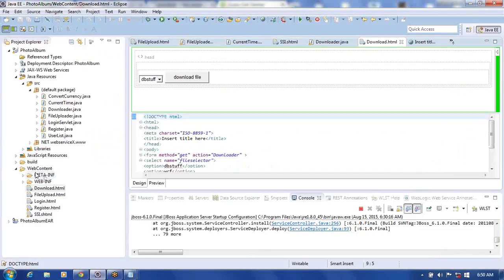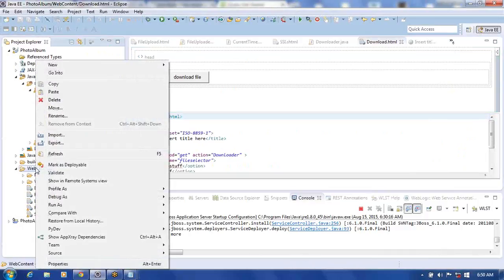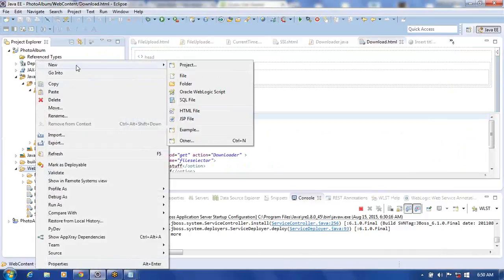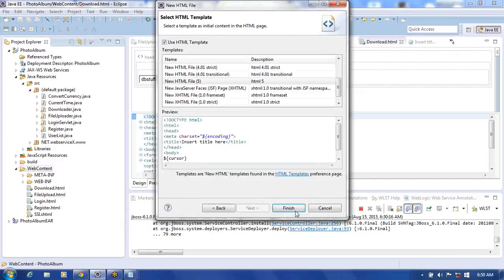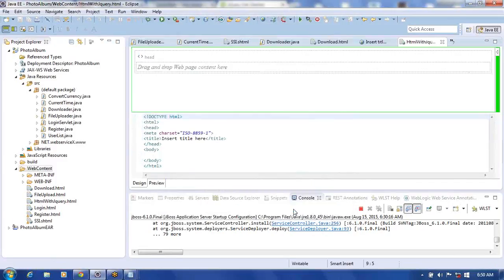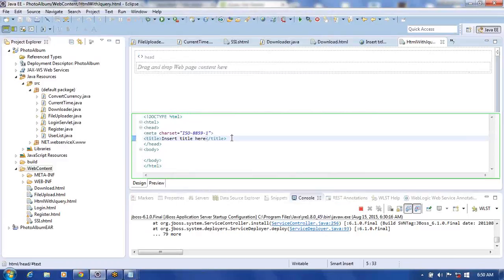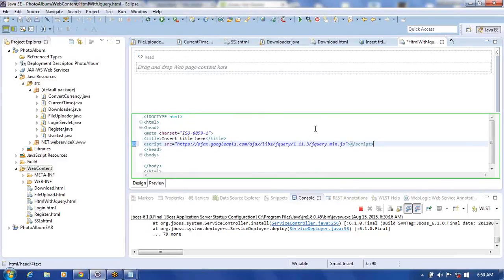Now let me make another page for jQuery. It's going to be a new HTML page. This is HTML with jQuery. Make it like this, click on next, then finish. Now I should refer to jQuery. To refer to jQuery, I should use the head tag. In the head tag, I should put script src equal to